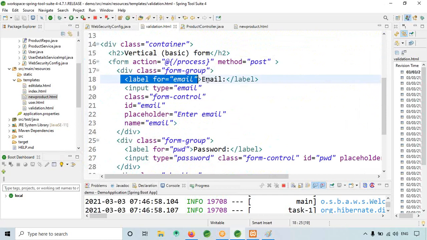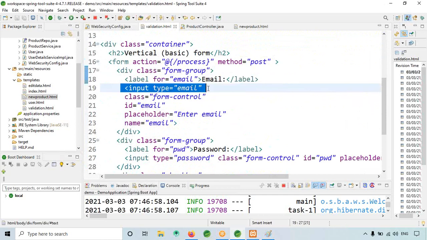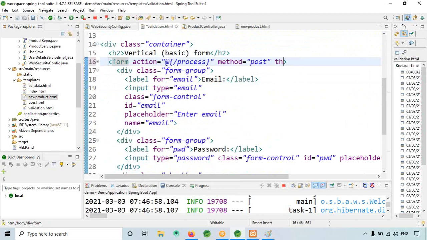Here I have a label and an input tag. How to give it: th:object is equal to loginData.